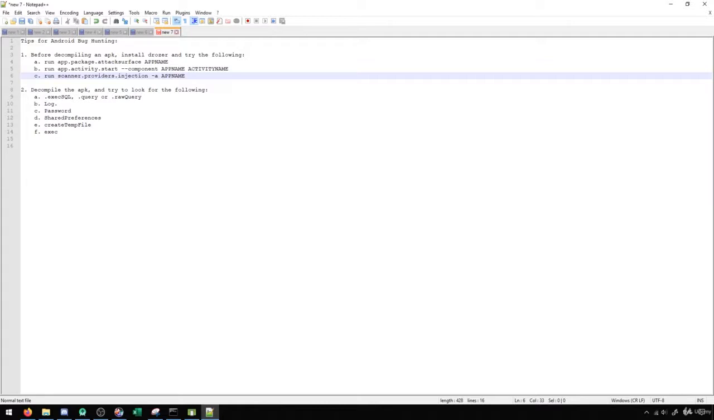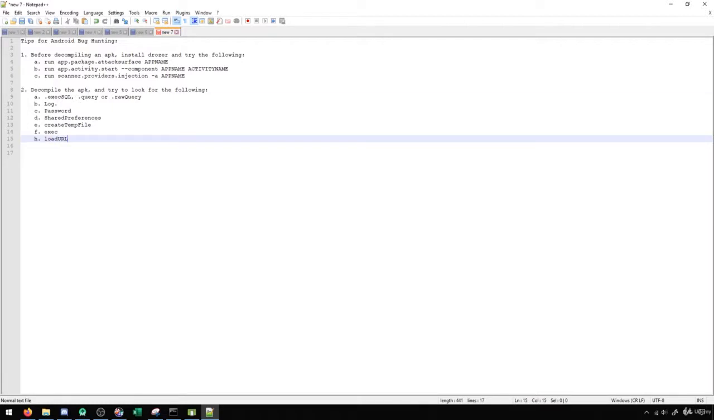So then aside from this, we can also try decompiling the APK. And there are a few things that you should generally be looking for when you decompile an APK. There's actually one other thing that I'm going to add here to the end so that we can remember to discuss it, which would be load URL. But starting with these ones,